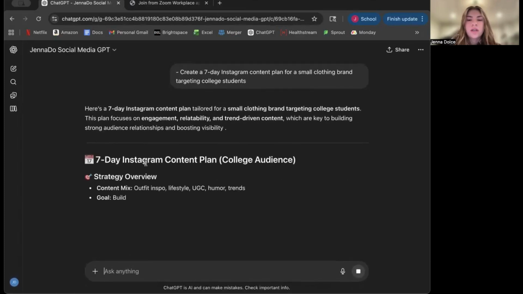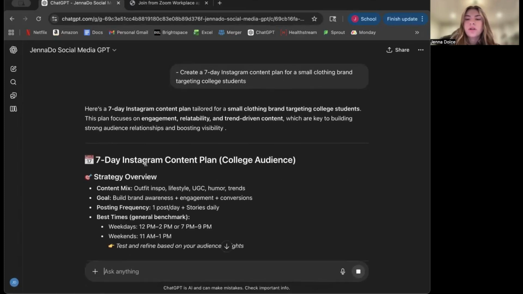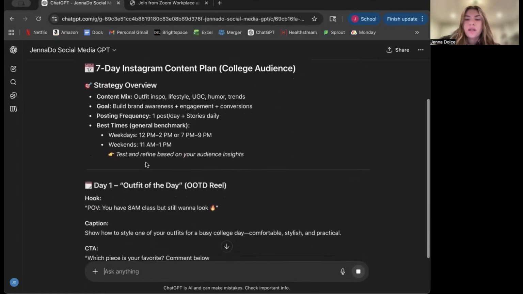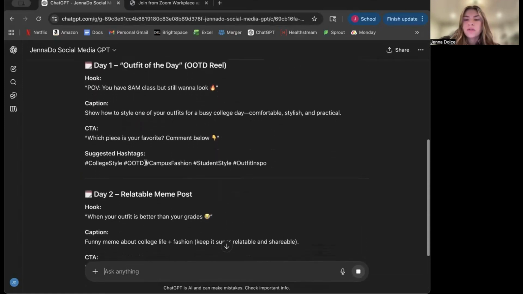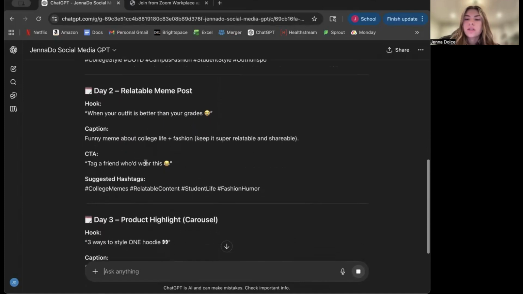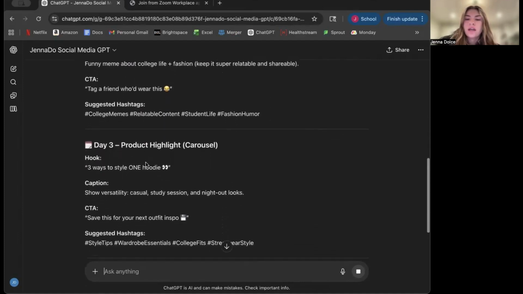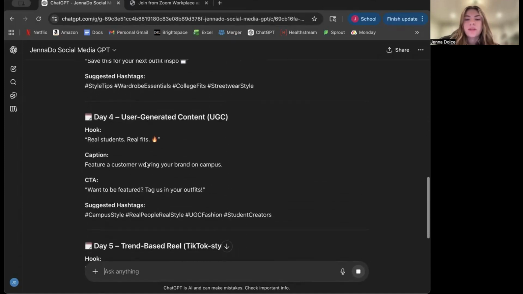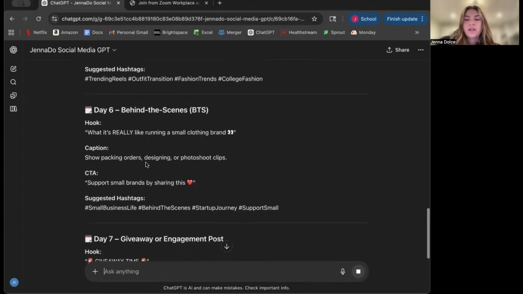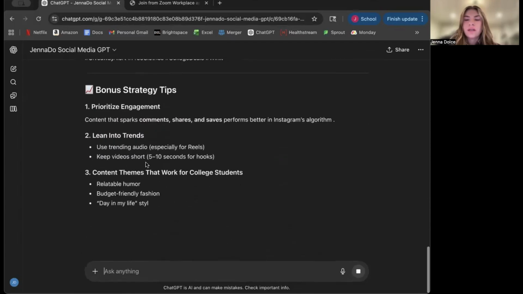So now it's generating. As you can see, the GPT generates a full weekly plan. It includes a mix of content types like reels, carousels, and stories, and each day has a clear idea, caption, direction, and purpose. What I think works really well here is that it's not just giving random ideas, it's actually